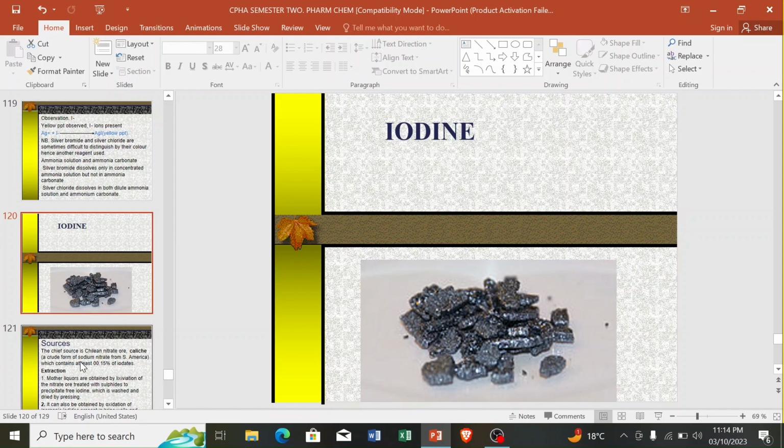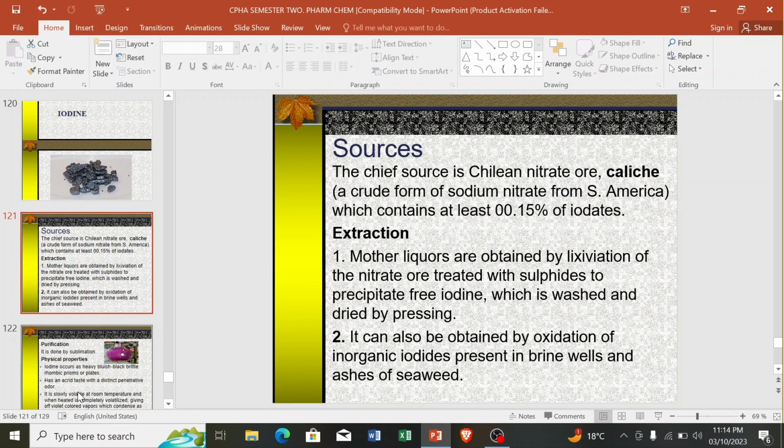Iodine. This is how we can interact with iodine. These are iodine crystals, how they can look like, that grayish color. So, sources of iodine. The chief source is caliche, excuse me, caliche. That is a crude form of sodium nitrate from South America, which contains at least